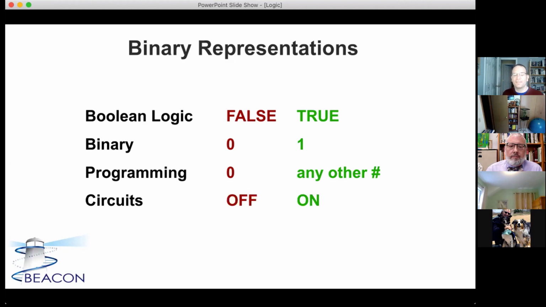And with circuits, things are either off or on. This is why we get to binary representations in computer science, because computer science in many places is largely an outgrowth of an electrical engineering department moving into a new field. The places where it's not an outgrowth of electrical engineering and therefore not part of a college of engineering, it's an outgrowth of math when it's in the natural sciences.